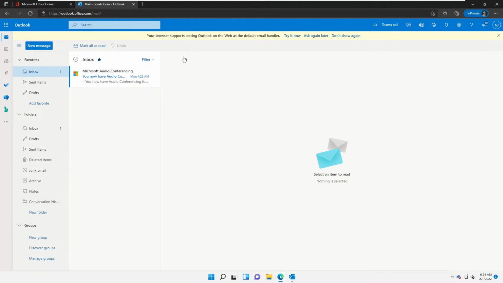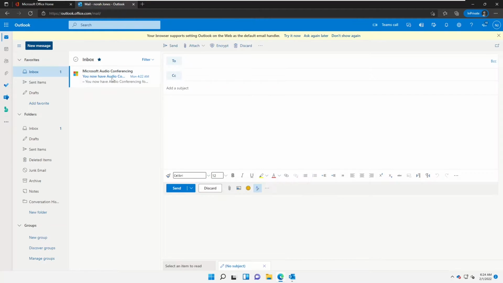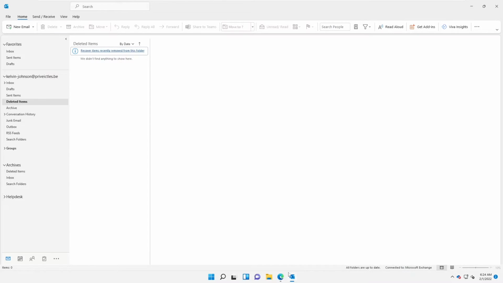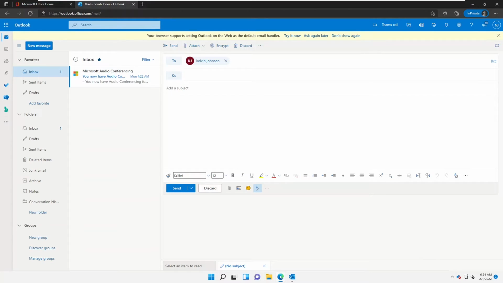So now I've logged on to Nora Johnson's official email account. You can see this is the account of Nora.Johnson. Let me try to send a new email to Kelvin. If I enter Kelvin, here it shows the email account of Kelvin. Let me go back again to Outlook. Here you can see that is Kelvin Johnson. So I try to send a mail now. Let me just say hello, and then send this email to Kelvin and